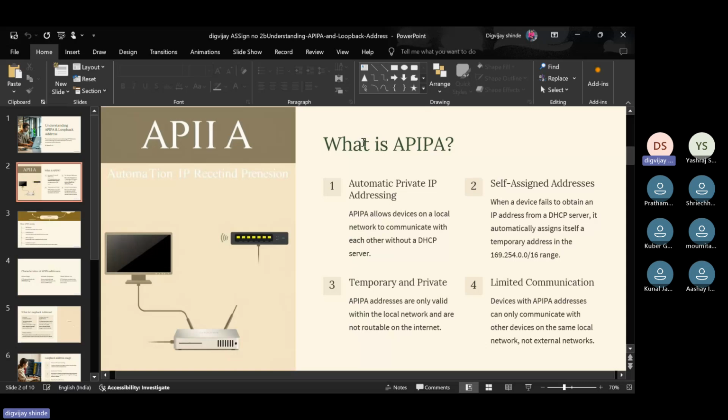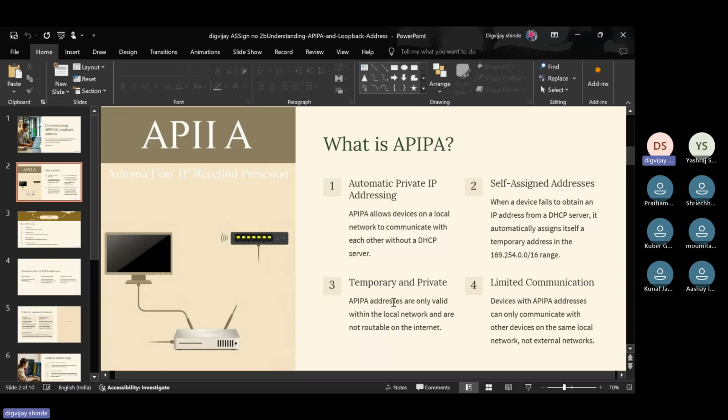First point, Automatic Private IP Addressing. It generally allows the devices on a local network to communicate with each other without a DHCP server. It is self-assigned addresses, meaning when a device fails to obtain an IP address from the DHCP server, it automatically assigns itself a temporary address within the range of 169.254.0.0/16. Third is temporary and private.